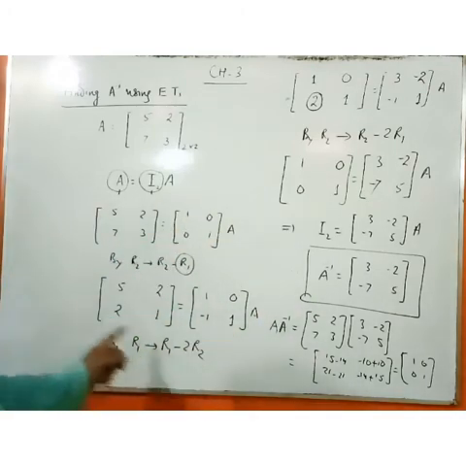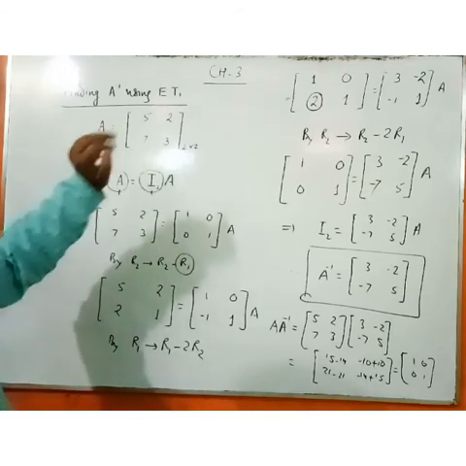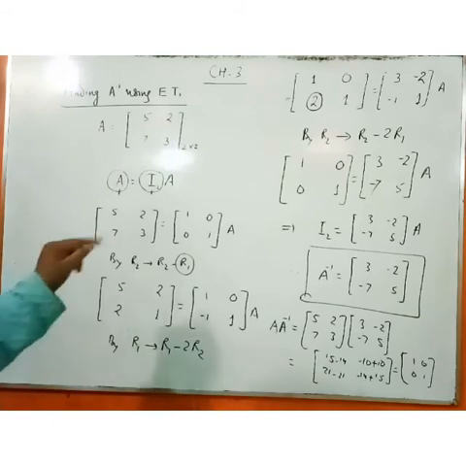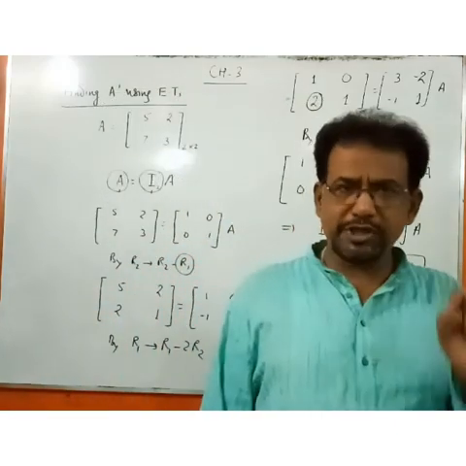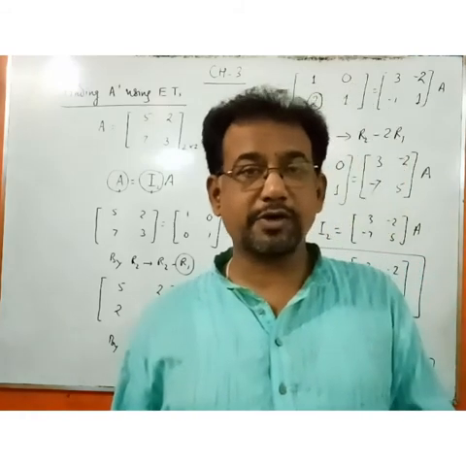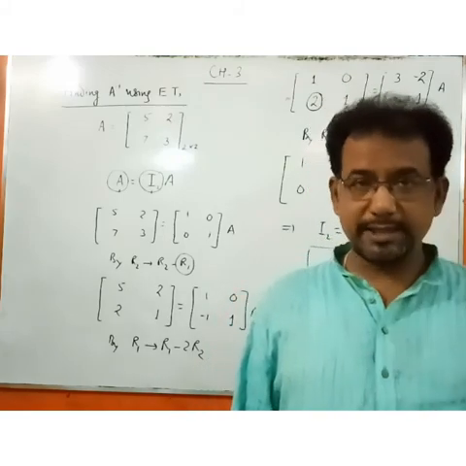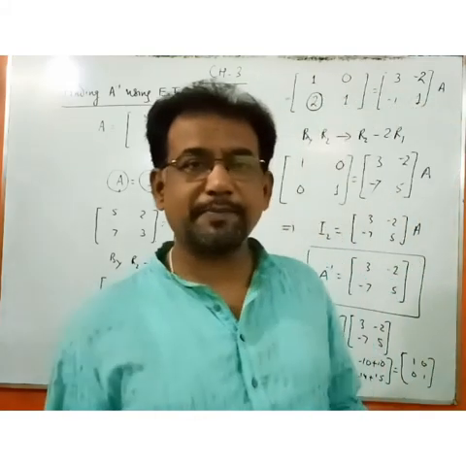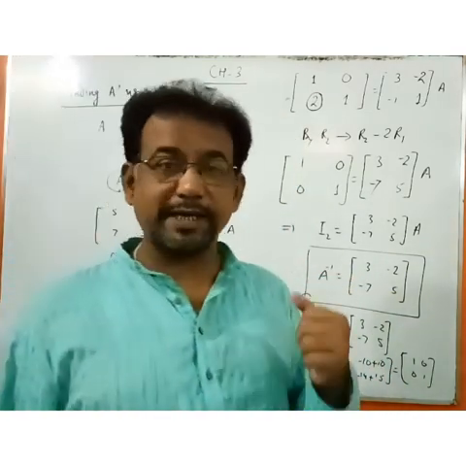This is the way elementary row transformations can be applied, and using these operations you can find the inverse of a 2 by 2 or 3 by 3 matrix very easily. Try to apply the operations. Mostly elementary row transformations are asked. In your textbook there are 2, 3, 4 examples. See those examples very carefully and see this video. Try to understand the process and apply the same to 2 by 2 and 3 by 3 matrices. You will find the way.